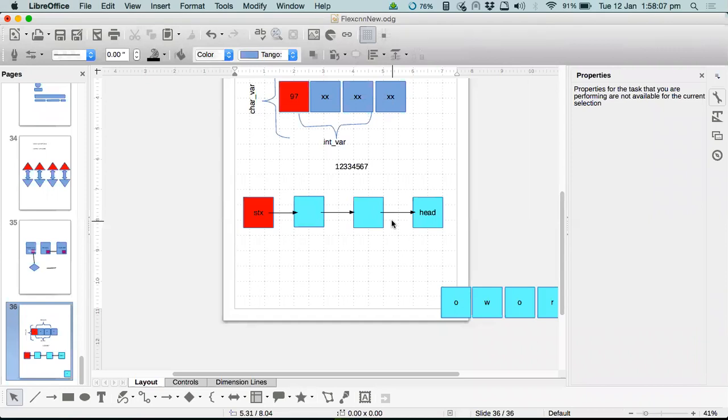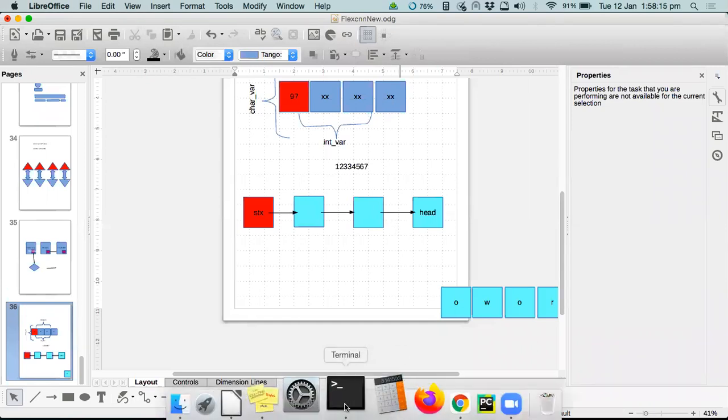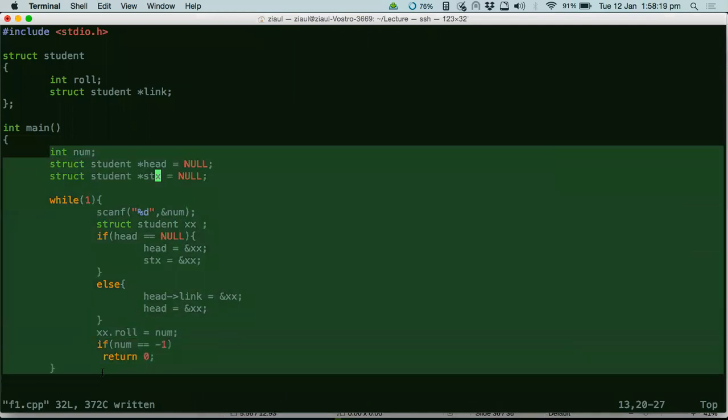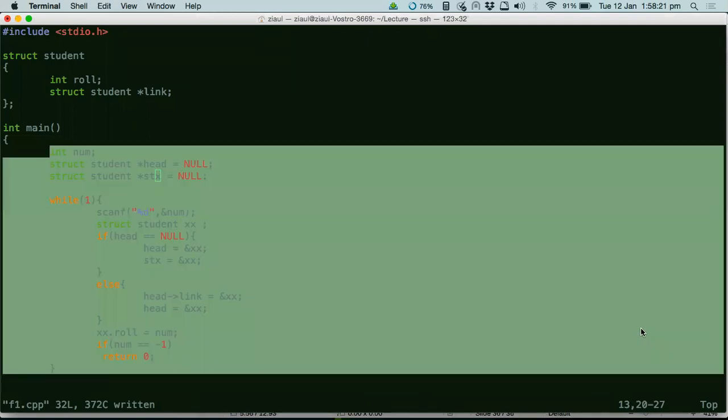I know I lost 90% of you in this discussion, but it's a tricky discussion. Go and see this lecture again, then you will understand it maybe. I'll also do one thing. I will just copy paste this code in the chat. This is not a complete code, you just go and write it yourself properly so that you can print it out.